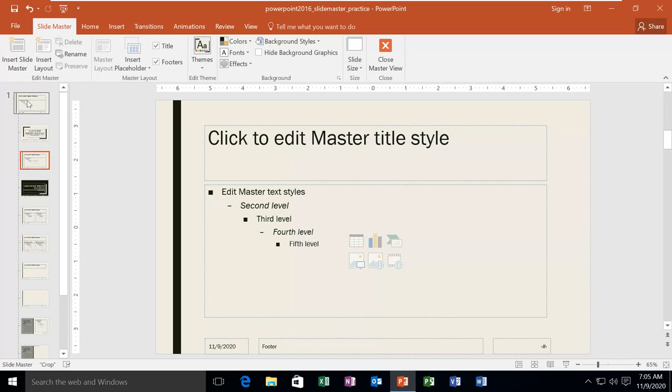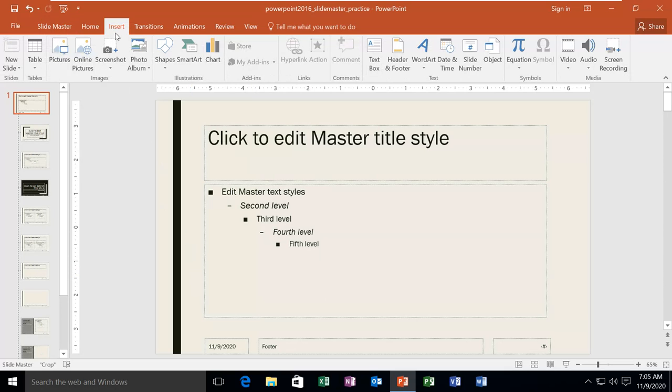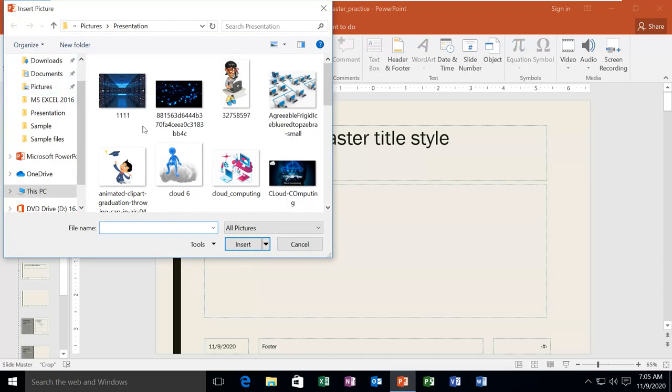But number one is what? Our master slide, where we have this title layout and content layout. Also we can see the headers and footers here. Now whatever I change here will apply to all the slides. I want to add the logo, so I'll go here to the Insert tab, Pictures, and I will find my logo.